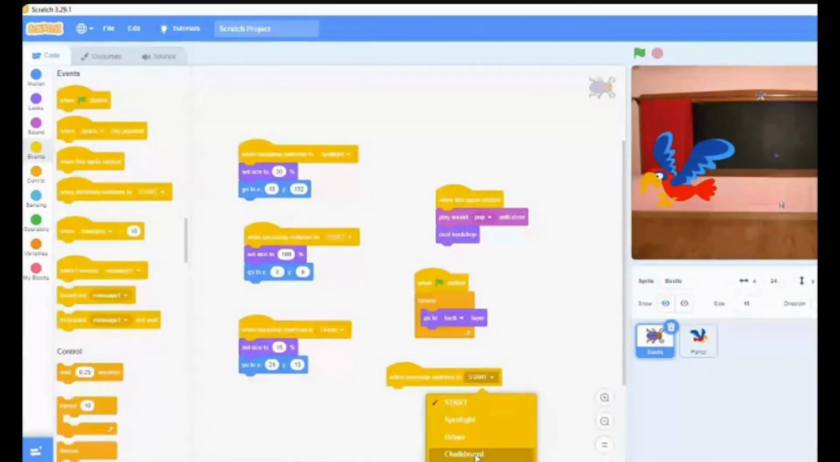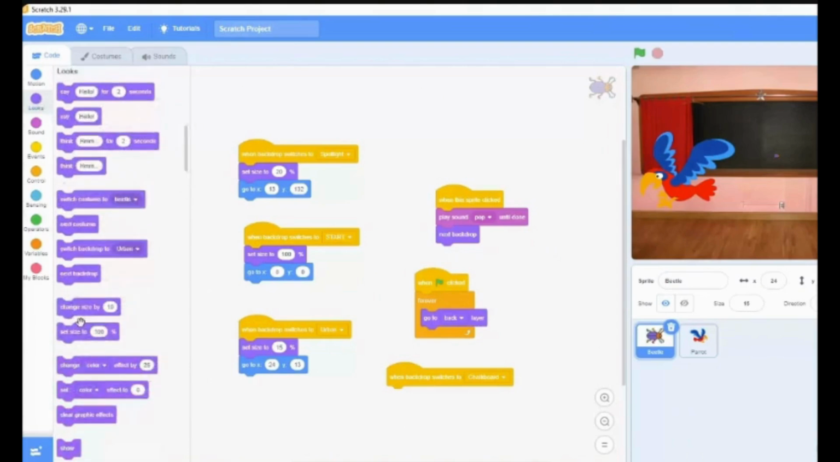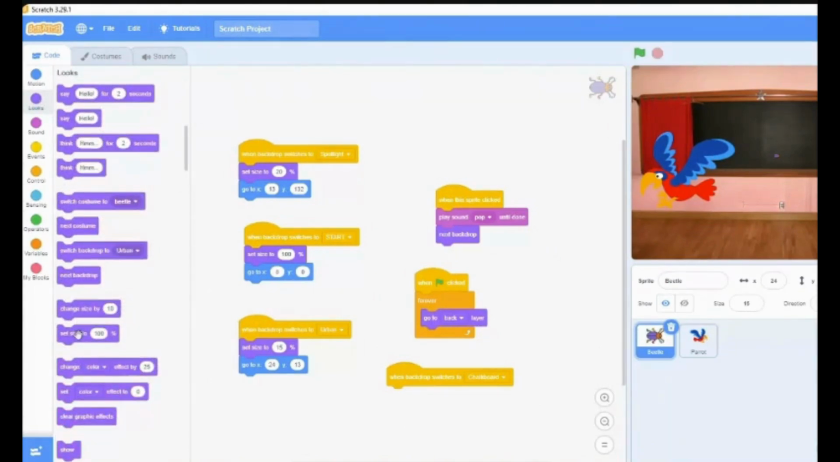What should happen? The size should become 100%. Set size to 100%. Now, when I set our size to 100%, what next? We're going to add